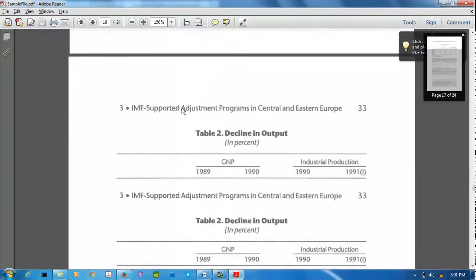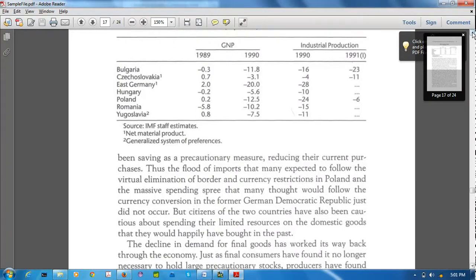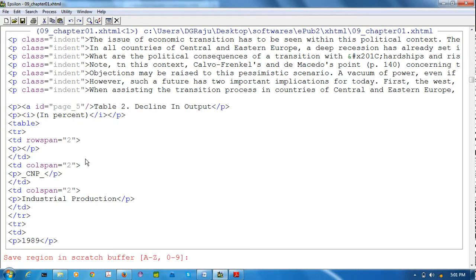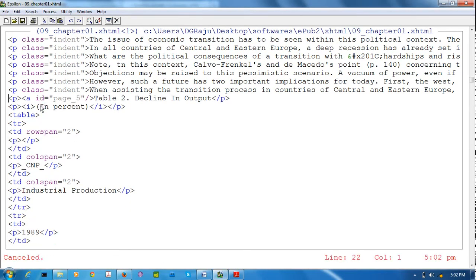This is 4, means next one is page number 5. So page number 5 now. So Control X, Y, 1. I am retrieving the text and renaming it. For storing a buffer, you can use Control X, X and give the key for save region in scratch. For retrieving, I am cancelling it. For retrieving, Control X, single Y, you can use the key for retrieving. Okay.